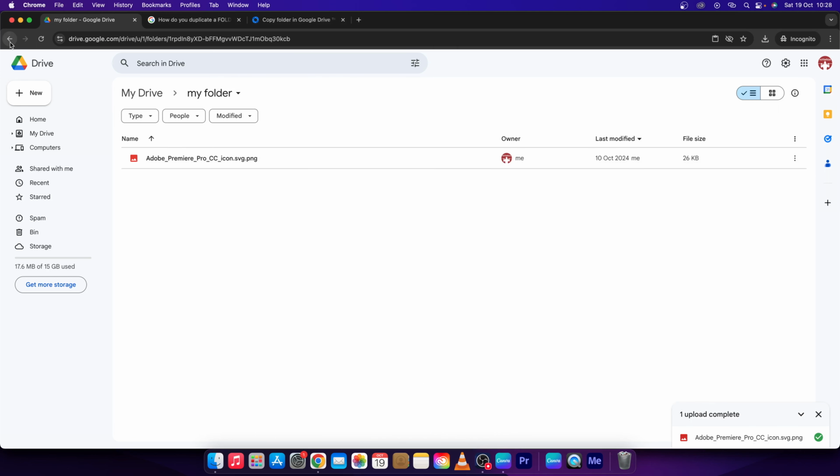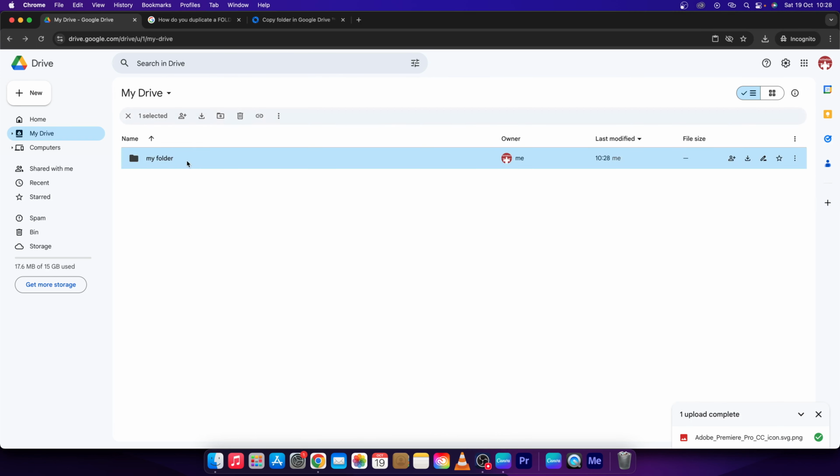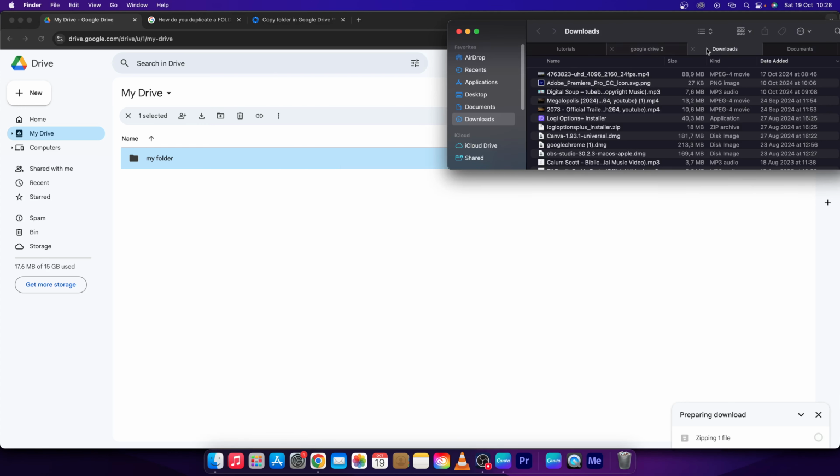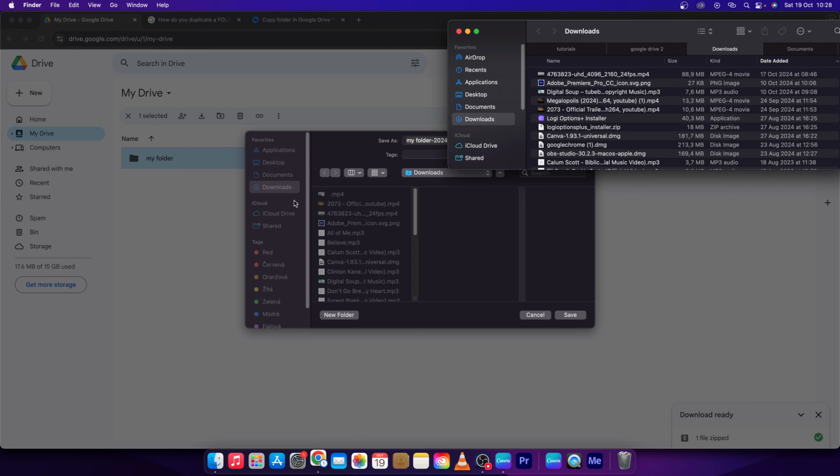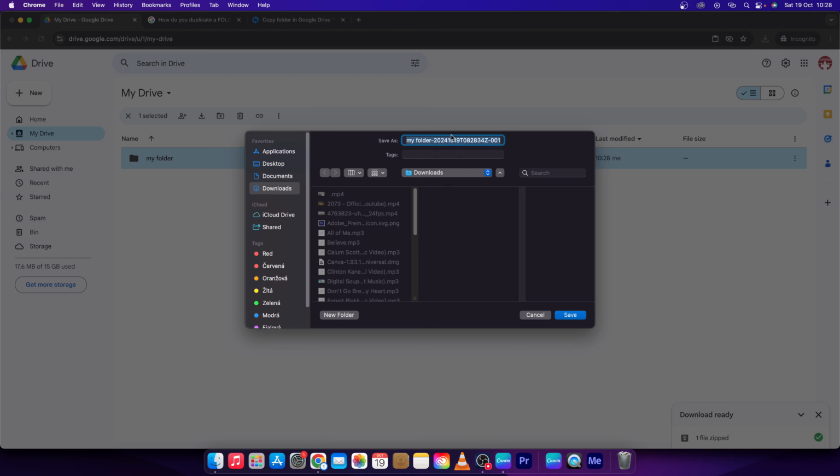And now in order to duplicate this folder, Google Drive doesn't support duplicating the folders, because it takes up much more space than they will need. So you have to right click, download it, then wait while it zips it up, go over to your downloads, save it there, so click downloads, name your folder, my folder, press save,